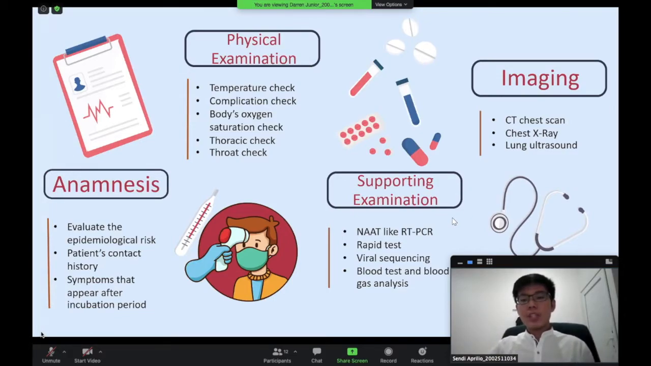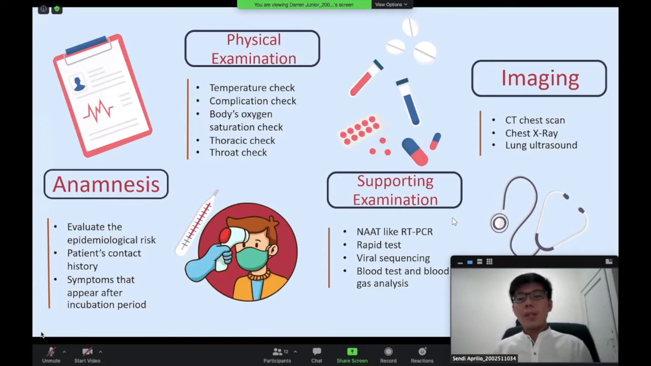Then, tracing patients' contact history like travel history, job history, and their onset. Anamnesis also can be done by searching symptoms that usually appear like fever, weakness, and dry cough, or in some patients there are other symptoms like sore throat, myalgia, cough with phlegm, and gastrointestinal problem. Diagnosing COVID-19 also can be done by physical examination like temperature checks, complication checks like pneumonia, sepsis, septic shock, and